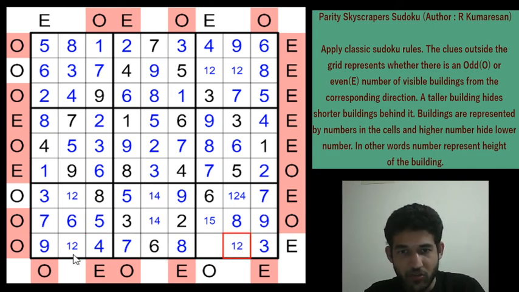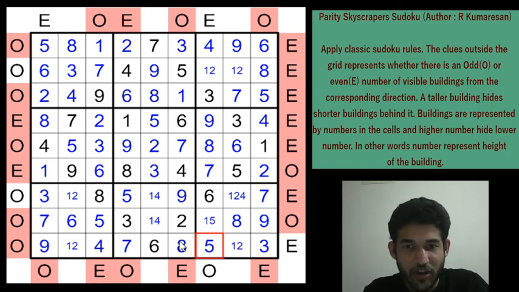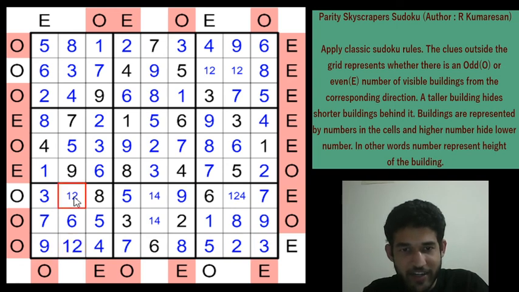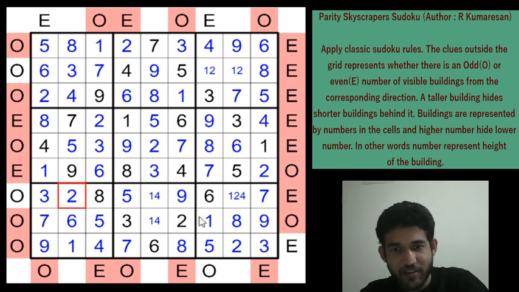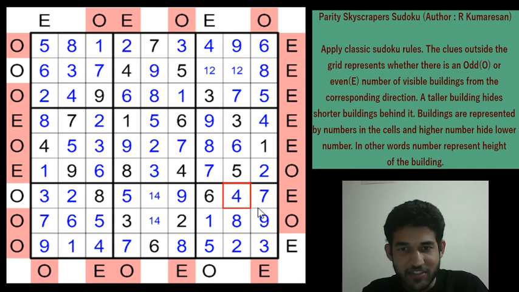This will be 1 and 2. Now we have a 1, 2 pair in row 9, so this will be a 5, the only possible digit left. Hopefully this finishes the Sudoku now. Because of this 5 we get a 1 here, a 2 here, a 1 here, a 2 here. Right, now it's finishable using classic. So this gives a 4 here, only digit left, and that will be a 4 and this will be a 1, and because of this 2 you get a 2 here and a 1 here.